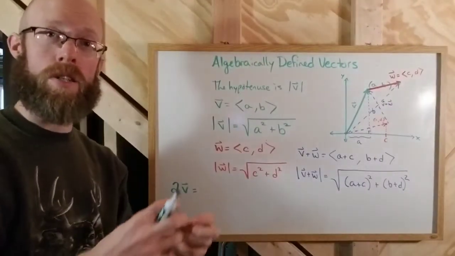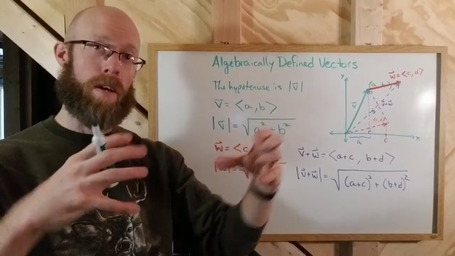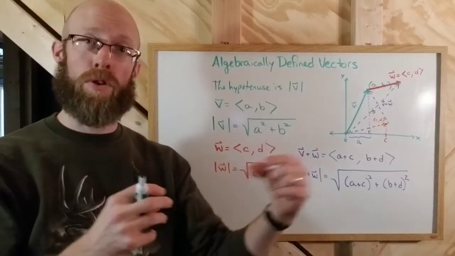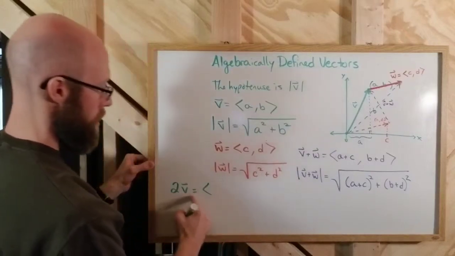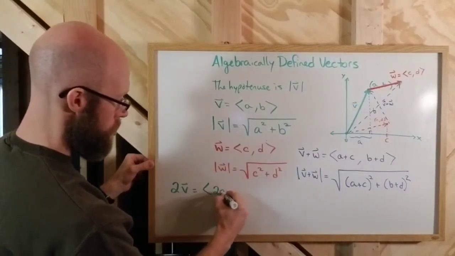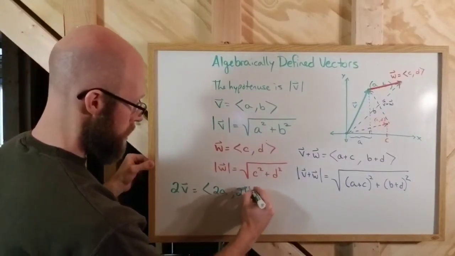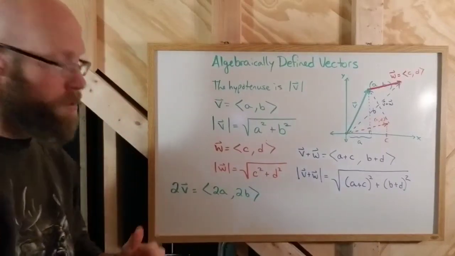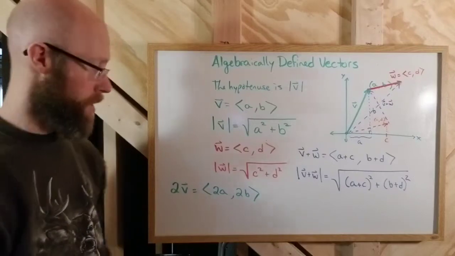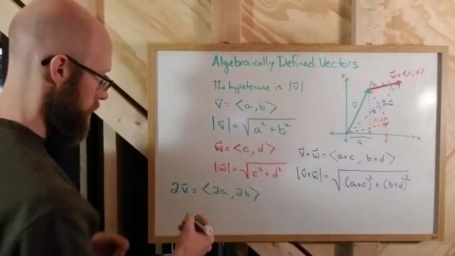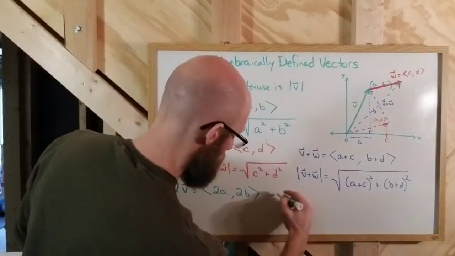and that ends up doubling the entire thing. You're basically looking at similar triangles. You're blowing it up by the same proportion on each side. And so you end up with coordinates of 2a, comma 2b. To get double the magnitude, you have to double each of the components of that vector. Right? And then the magnitude of that vector